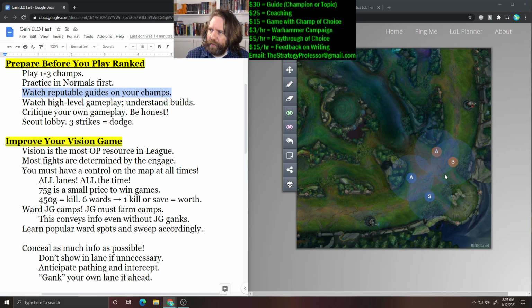So try to find good, reputable guides that are going to break down and explain the theoretical stuff for you. It could also be a written guide, if you want to find one of those, but just try to figure out what's going on. What's the optimal way to play these champions, and watch high-level gameplay. So watching the gameplay is good too. I would say watch a guide that's separate, that just breaks it down theoretically, and then just watch a few